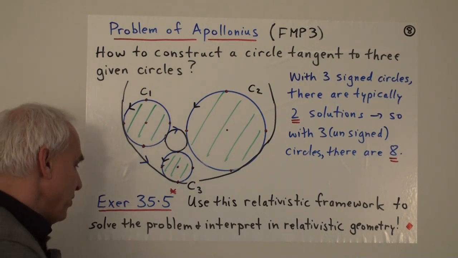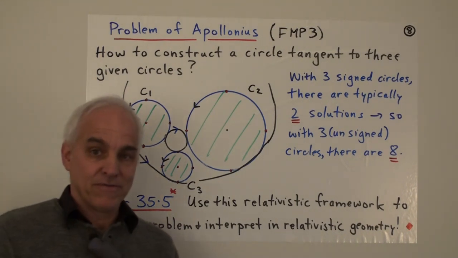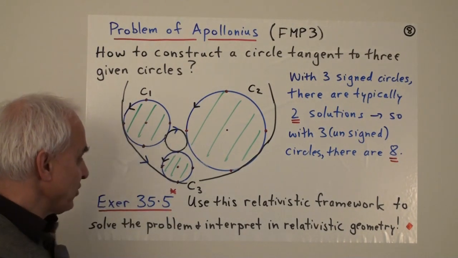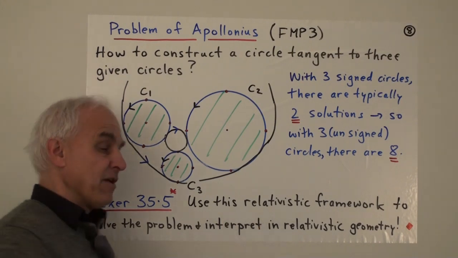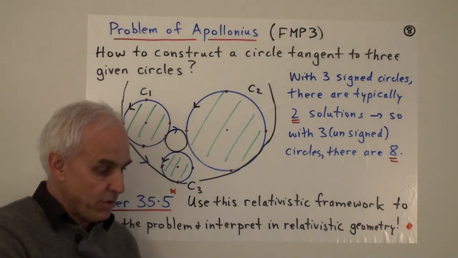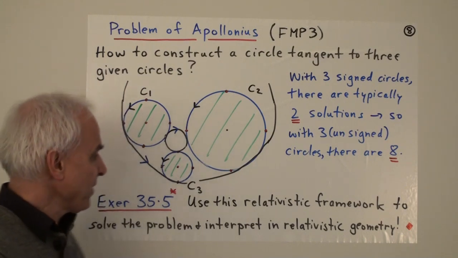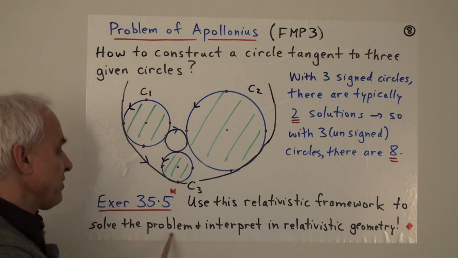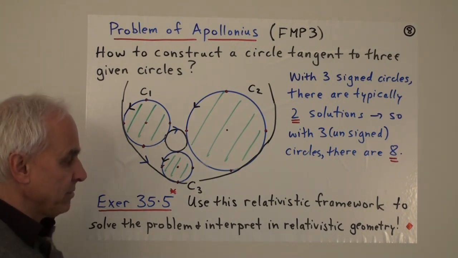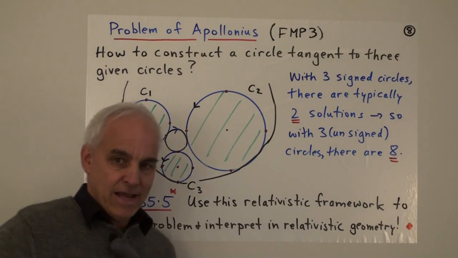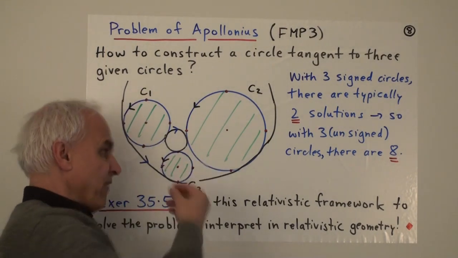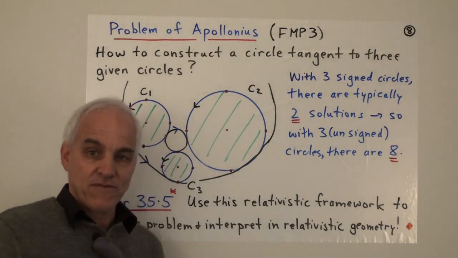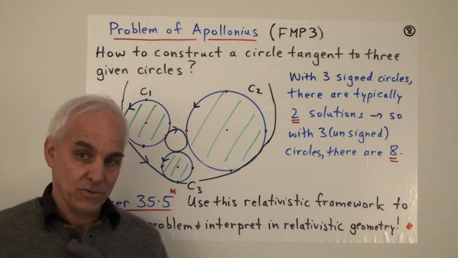All right, so for those of you with an interest in geometry and like to do a little bit of additional exploration on your own, here's a fabulous exercise. You can now use this relativistic framework that we've set up, with these coordinates and equations of cones and so on, and especially the previous problem, to solve this problem and interpret it in relativistic geometry. Given 3 vectors representing sine circles, you can write down the relevant equations of the various planes involved and whether there are solutions or not.